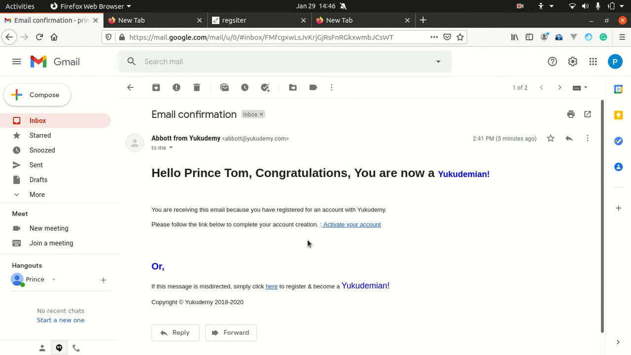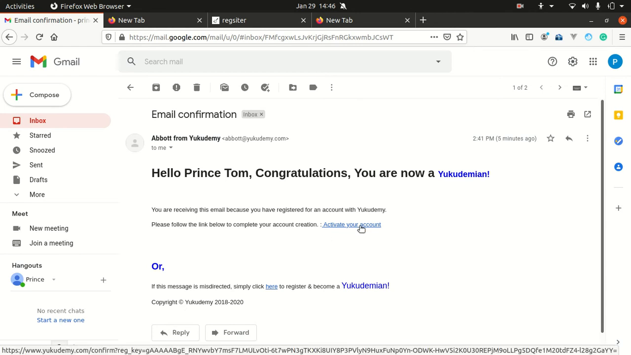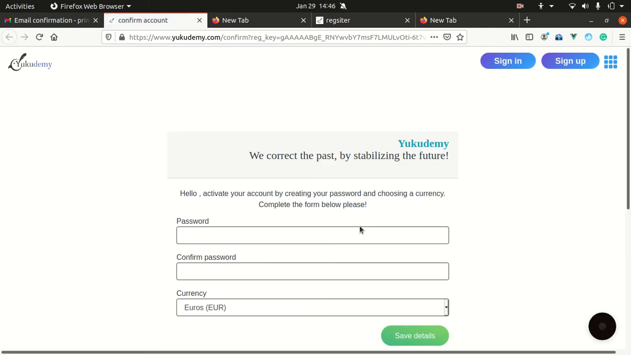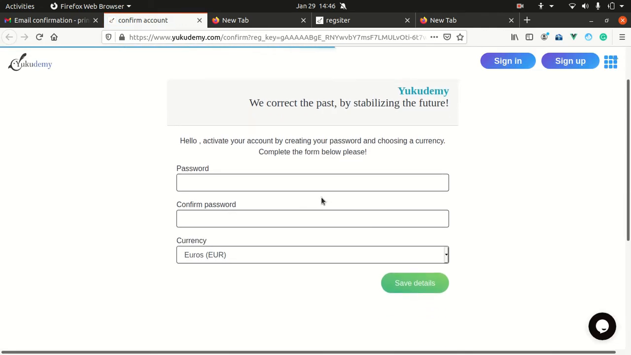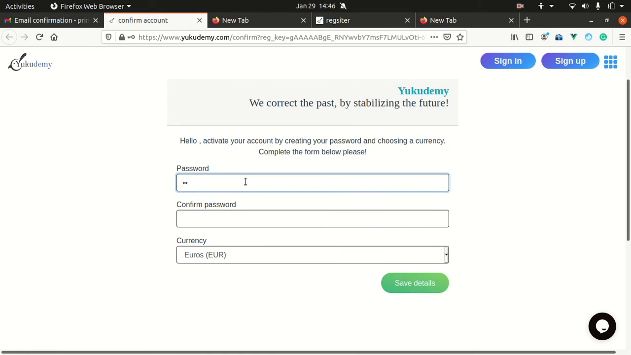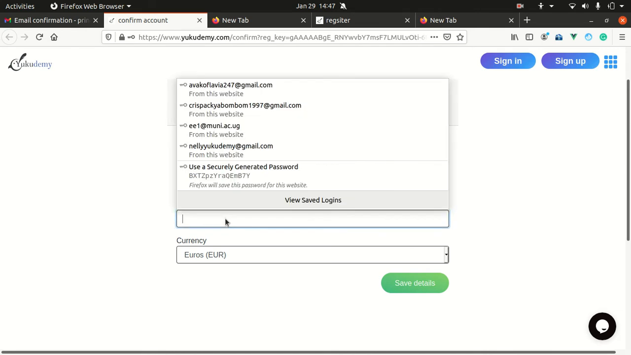So what you do, you click on this blue underlined word, the text, and if you click on it like this, they will take you to another interface whereby you have to put a password, and then that will mark the end of creation of the account. So what you do, let us use a password. Let me try to think about any password. Yes, then you have to enter it again,